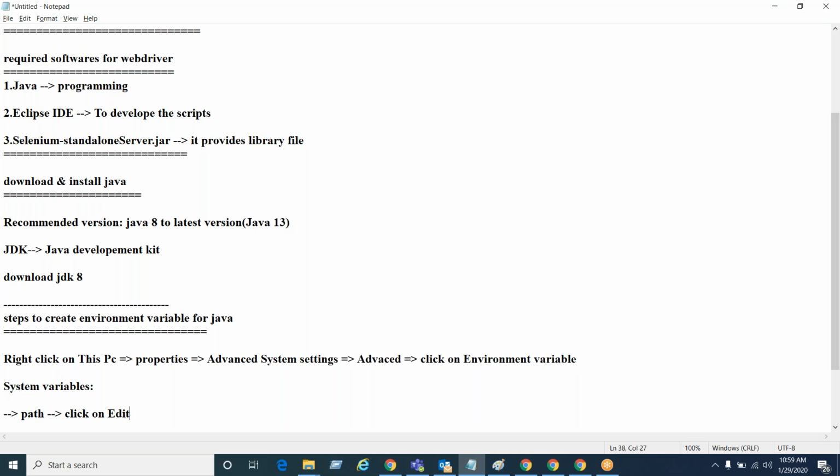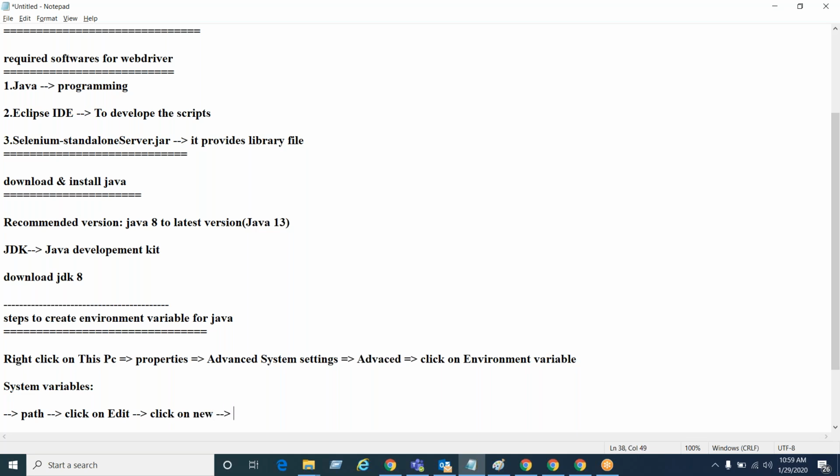The Path variable will already be there, so you are modifying it by adding a new software path. So click on Edit, and then it will show a dialog. In that you create a new software path. So click on New